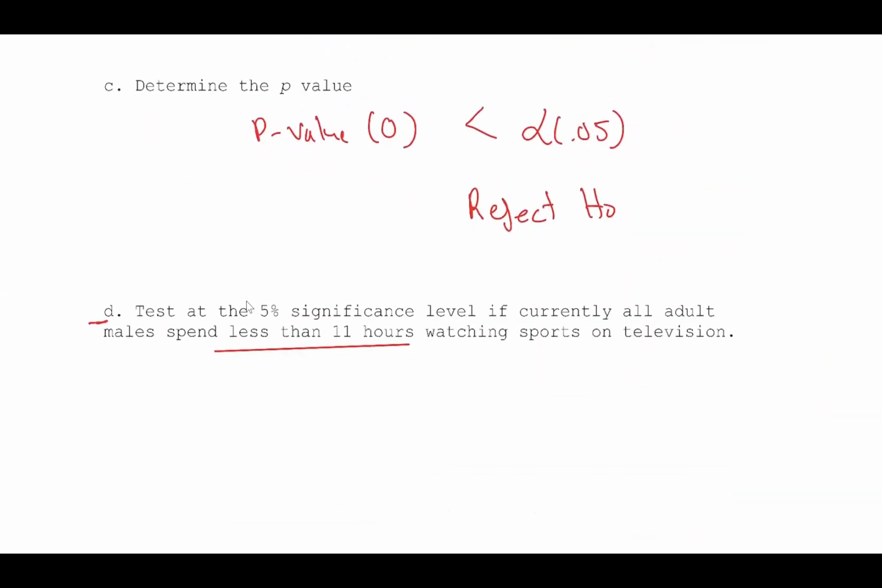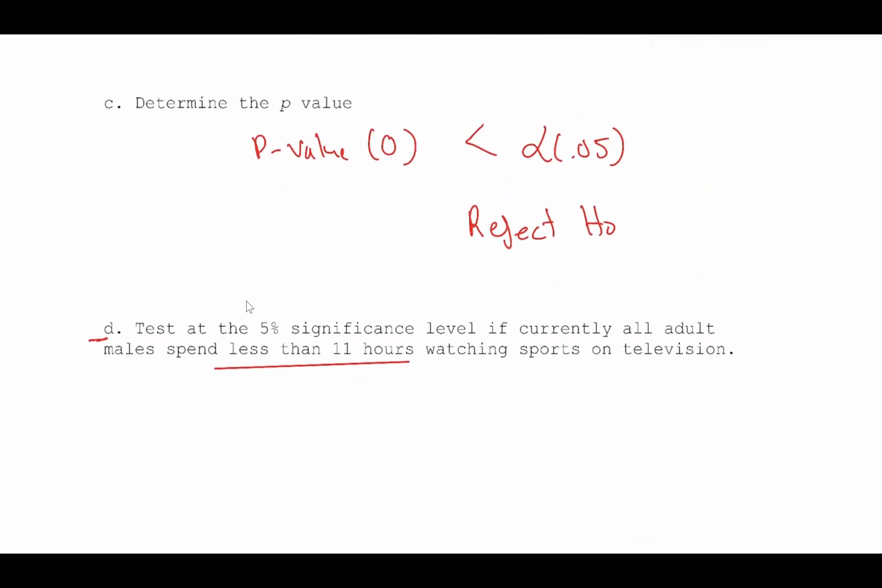All right, so lastly for part D, it says test at the 5% significance level if currently all adult males spend less than 11 hours watching sports on television. So for this one, you just want to say there is enough evidence to say that